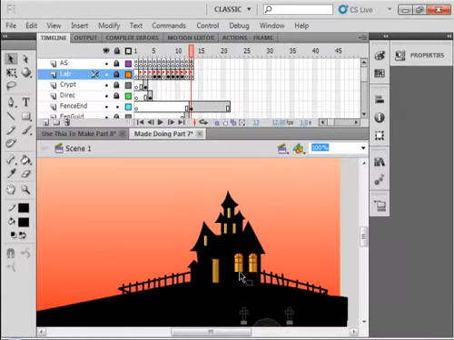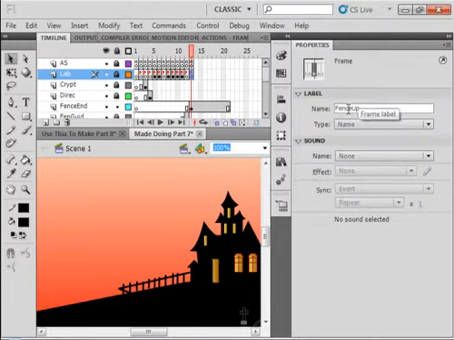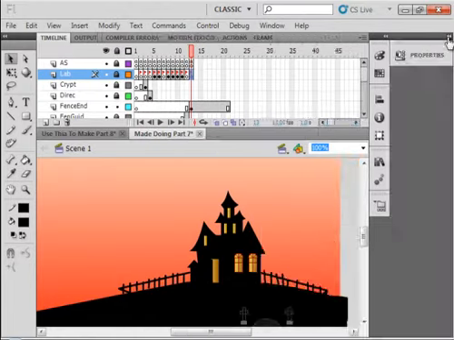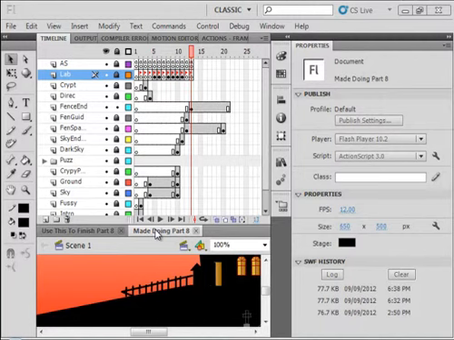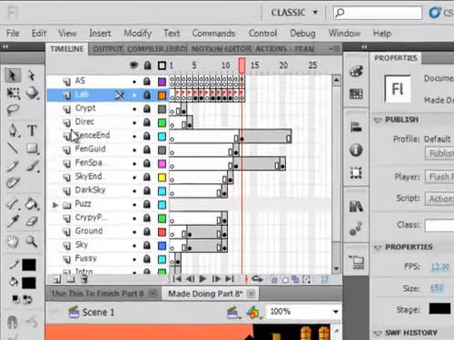And because we've seen those fences, we know that we must have gone into this next frame, frame 13, which we labeled fence up. We now have to do something similar for the trees. Make sure all your layers are locked. Select the fence layer,